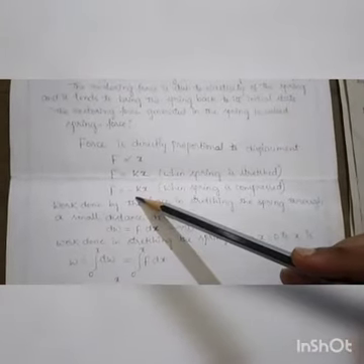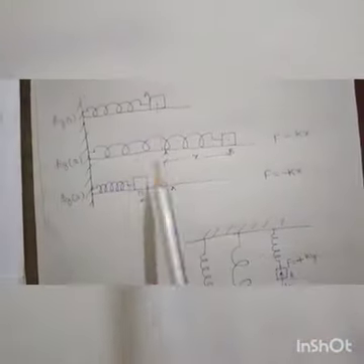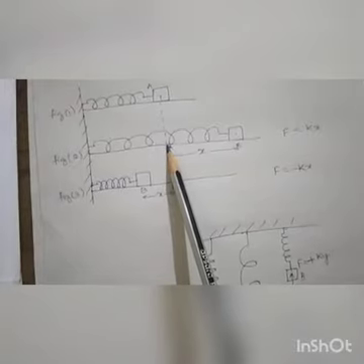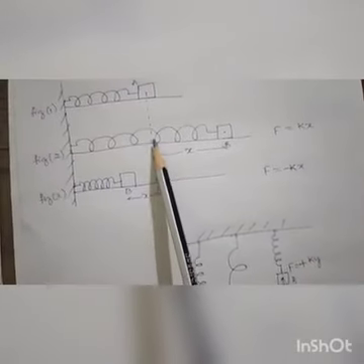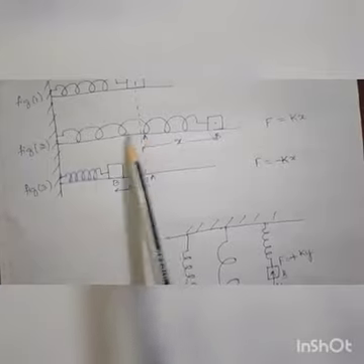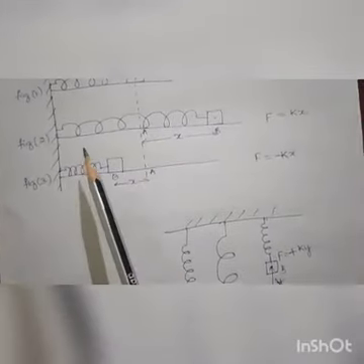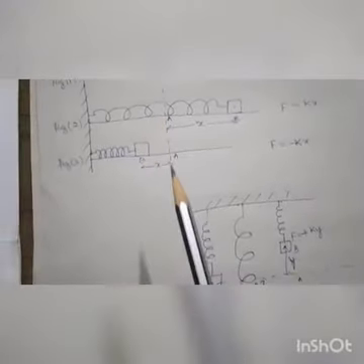I will replace the proportionality symbol with a constant K, called the spring constant, where F equals Kx. When the spring is stretched, F equals Kx, and when the spring is compressed, F equals minus Kx. One will be plus and one will be minus because, on a coordinate axis, if point A is taken as the origin, towards the right all values are taken as positive, and towards the left of the origin all numbers are taken as negative.